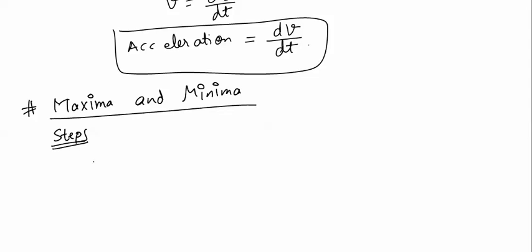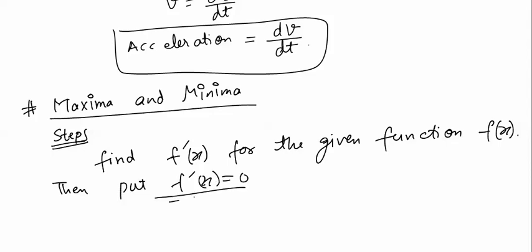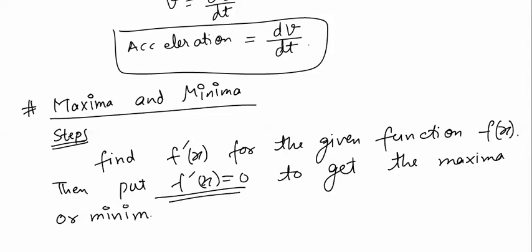First, find f dash x for the given function f(x). Then put f dash x equal to 0 to get the maxima or minima points,